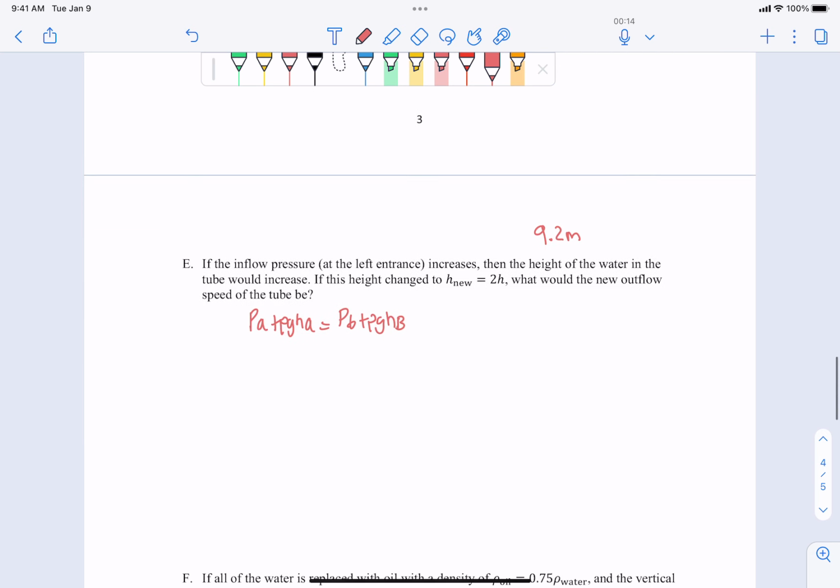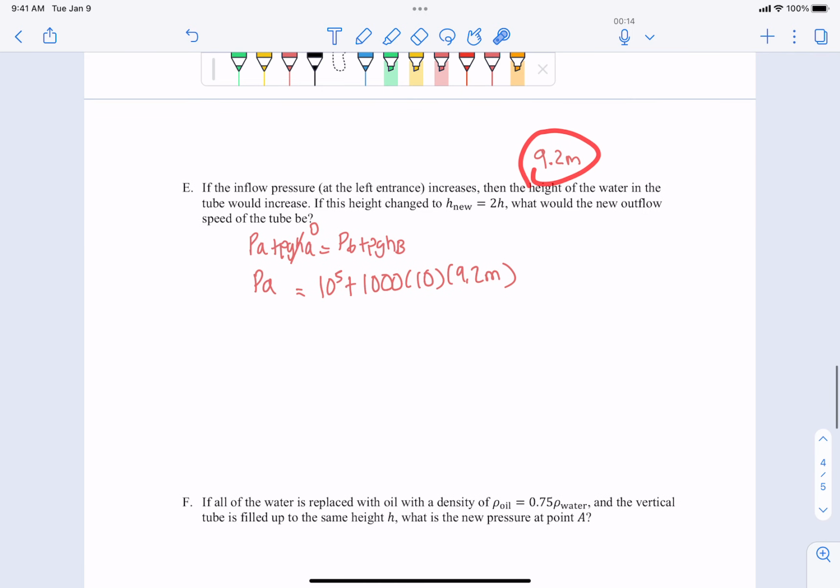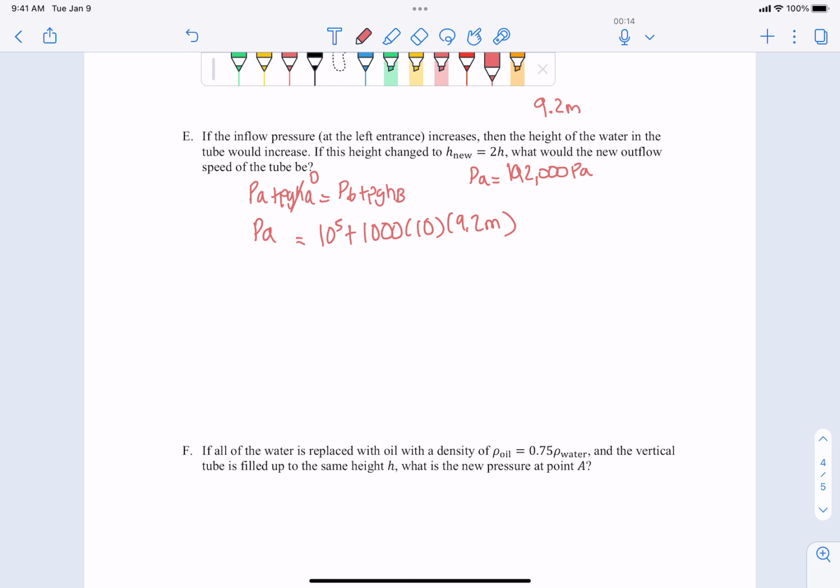But, so yeah, now our height is doubled, right? So PA, and this is 0 again, is equal to 10 to the 5th plus 1,000 times 10 times 9.2 meters, because our height doubled from 4.6 to 9.2 meters. So if we do that, we can get a new pressure at point A of 192,000 pascals. That's our new pressure at A. So with our new pressure at A,